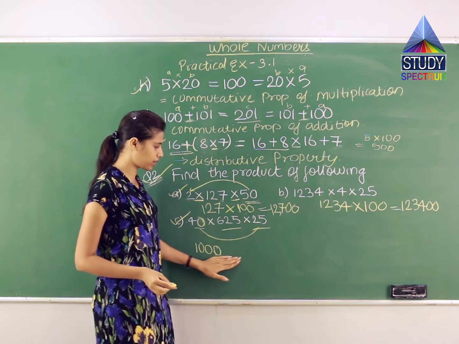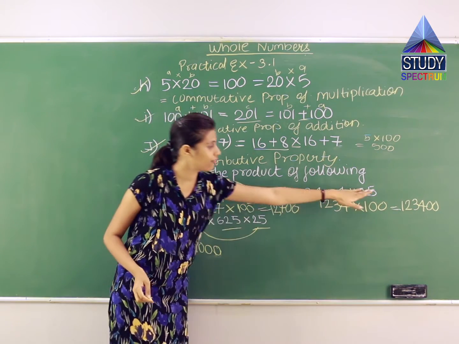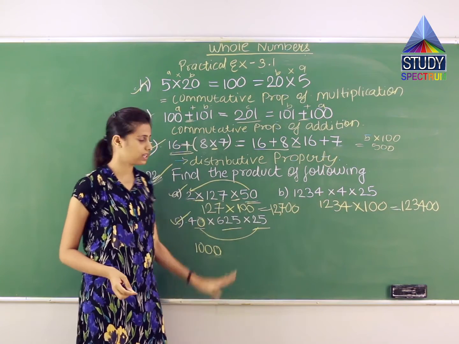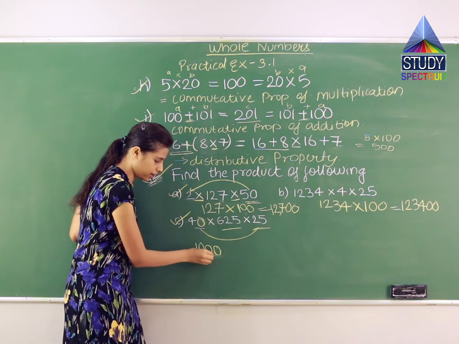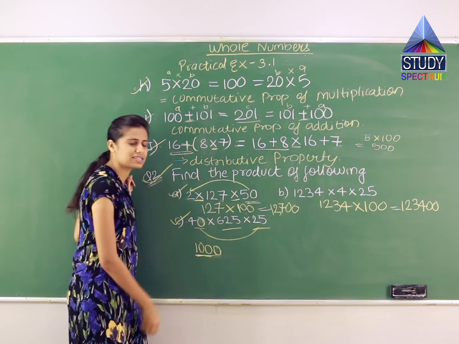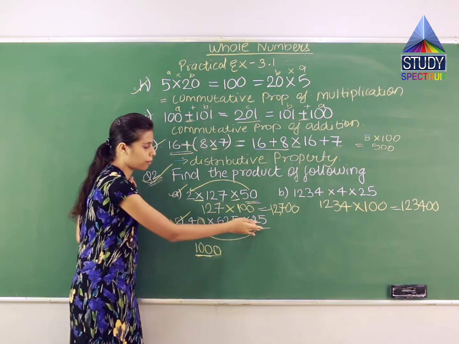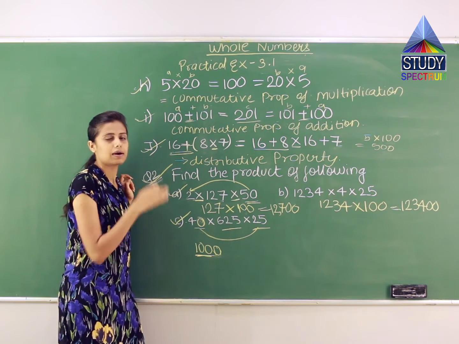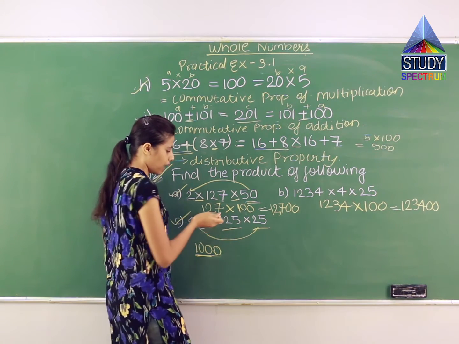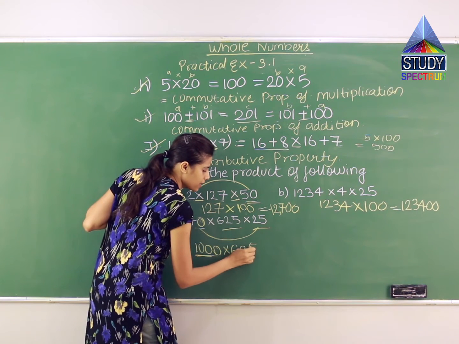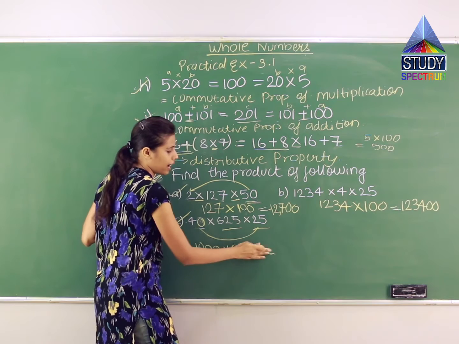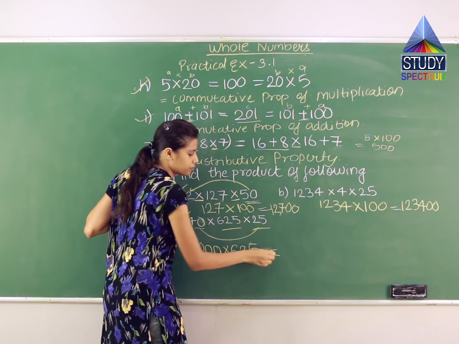So are you clear with what I have done? The 25 and 4 that I multiplied earlier, the same I did here. 25 into 4, I got 100. Okay, I got just 100. Then this 0 I have copied as it is over here. Also you can operate 25 into 40 orally, you can do it faster. And then this number which is 625. So I write multiplied by 625 and I want the answer over here.